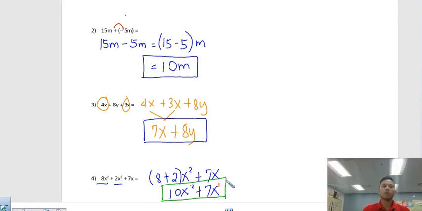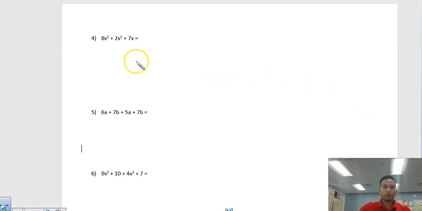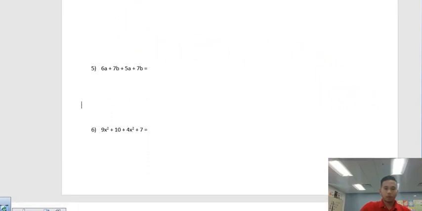They need to be the same, and the exponent has to be the same. Next example will be 8x squared. We're done with that. Next is the fifth one, which is